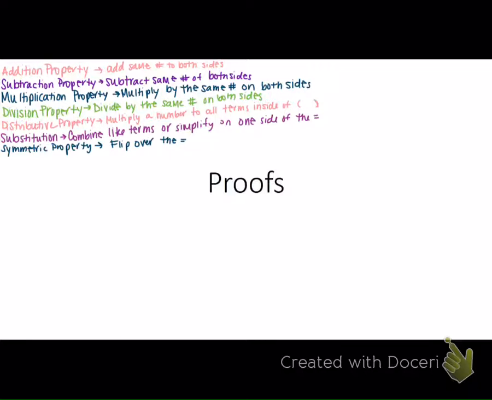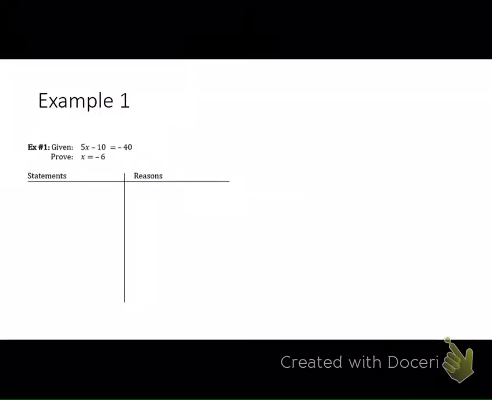Okay, so I'm going to show you two ways to do the first proof. What I always tell my students to do first is just solve the problem off to the side. There's not a lot of room on your worksheet, so I would do it on a separate sheet of paper and just solve it and then put it into the proof. It makes it a little bit easier to see the problem. So if we were just to solve this,